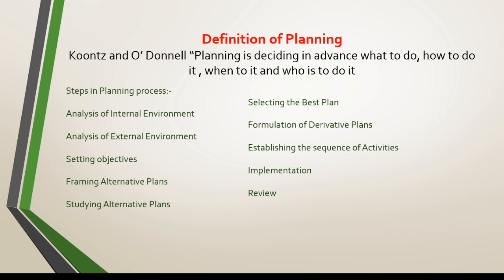Now, in order to achieve my objective, I have selected my best plan. Best plan is how? It is cost effective, right? Now, to apply this main plan, I have to come up with various small short range plans, which is like day-to-day operations. Like every day you come up with the budget for your expenditure, right? Every day you come up with the schedule of production, right? So in order to apply the main plan, I have to come up with the derivative plans.